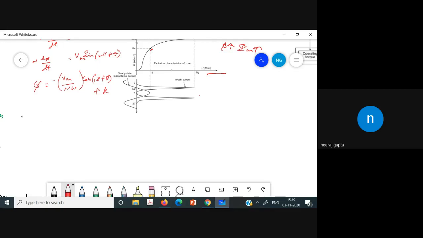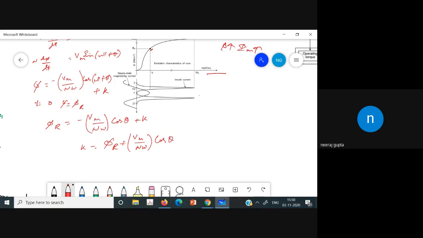Now the value of k can be found from the initial conditions, that is, at t equals 0, phi equals phi r, which is the residual flux. Substituting the initial conditions, the residual flux phi r equals minus Vm by n omega cos of theta plus k, and finally we get k as phi r plus Vm by n omega